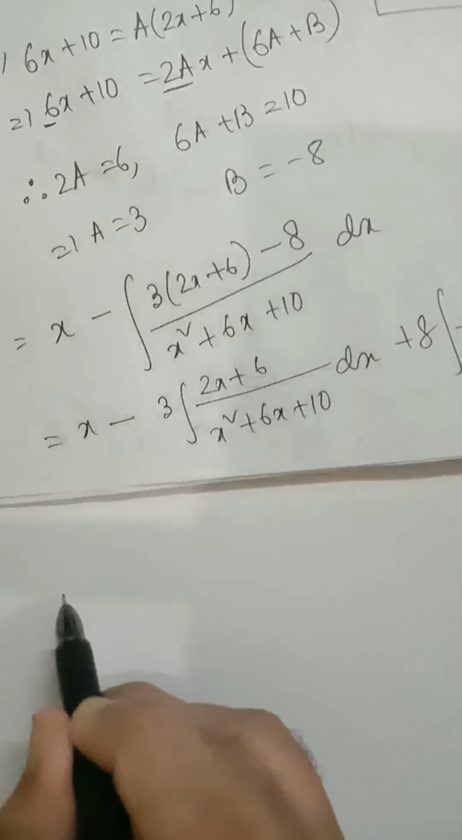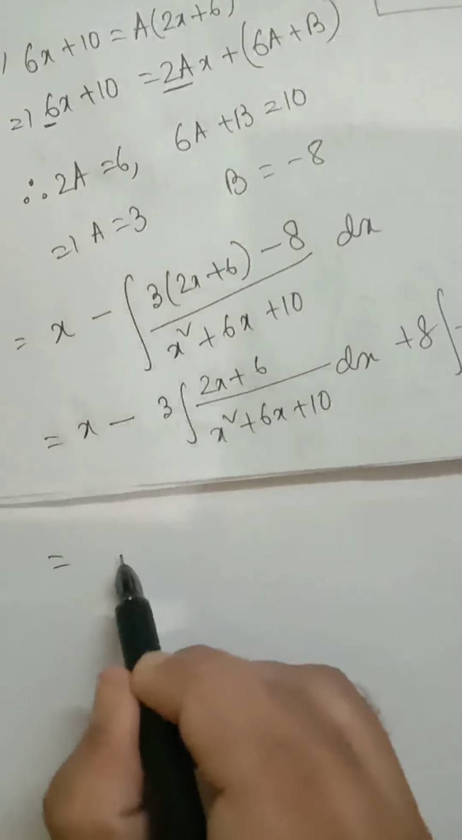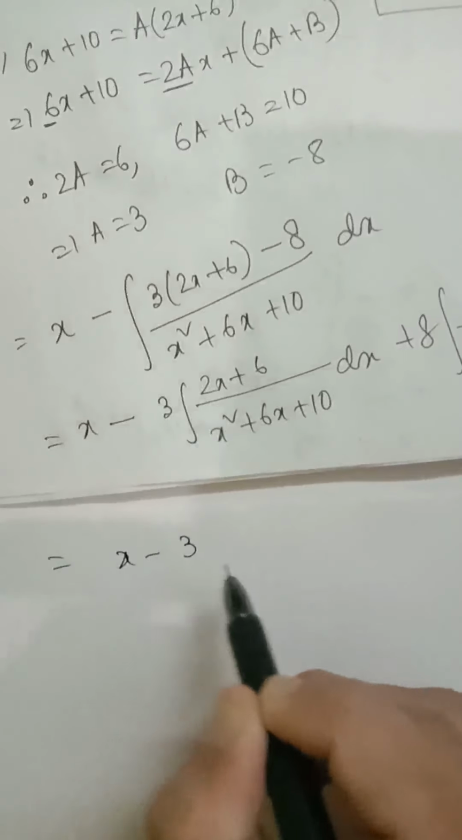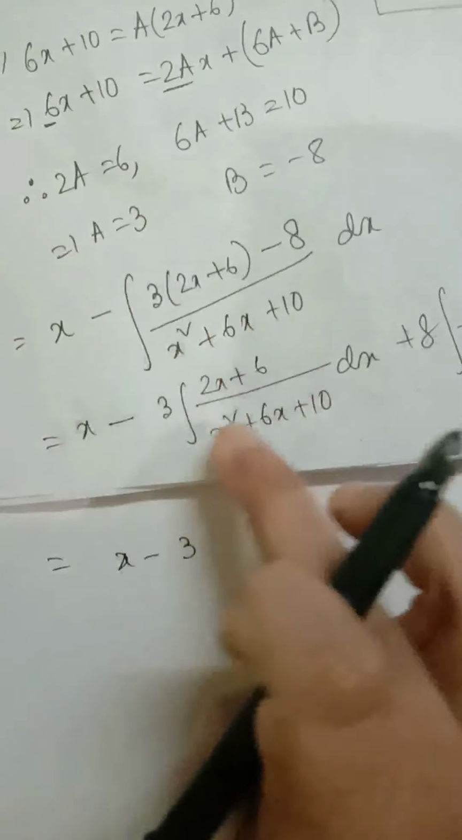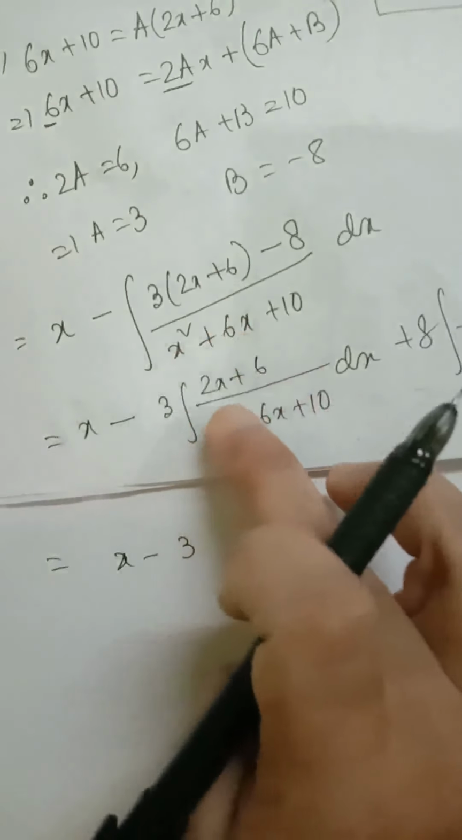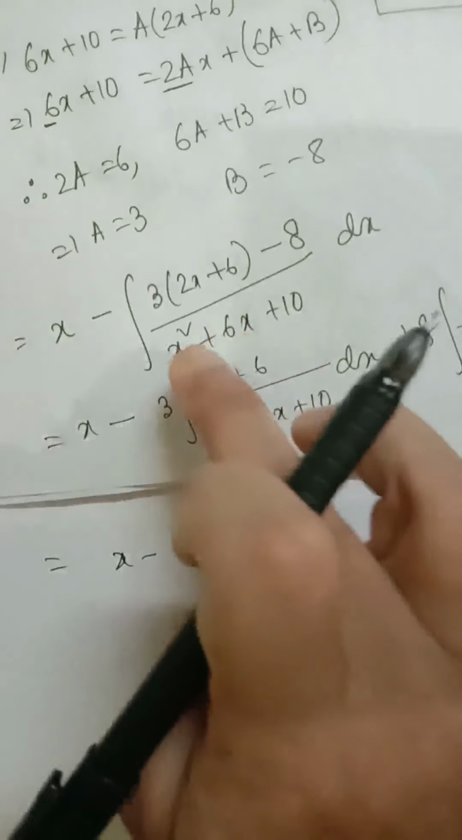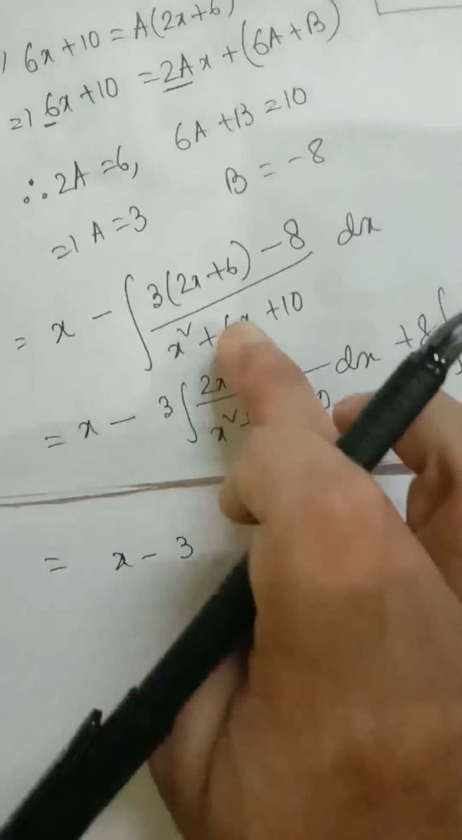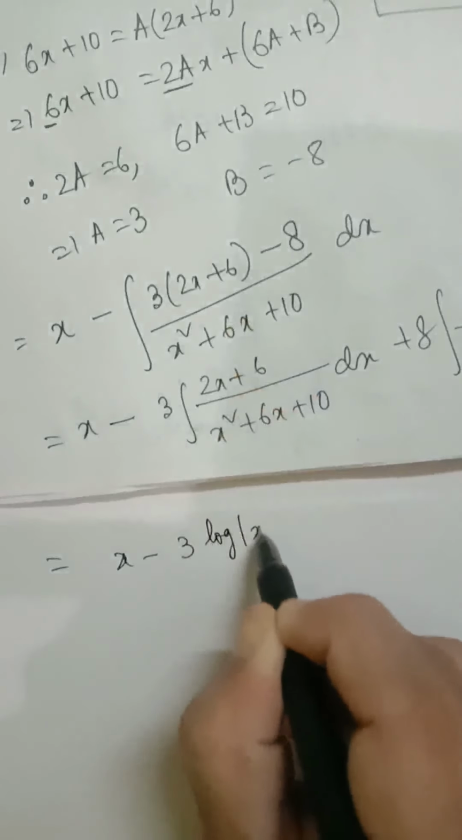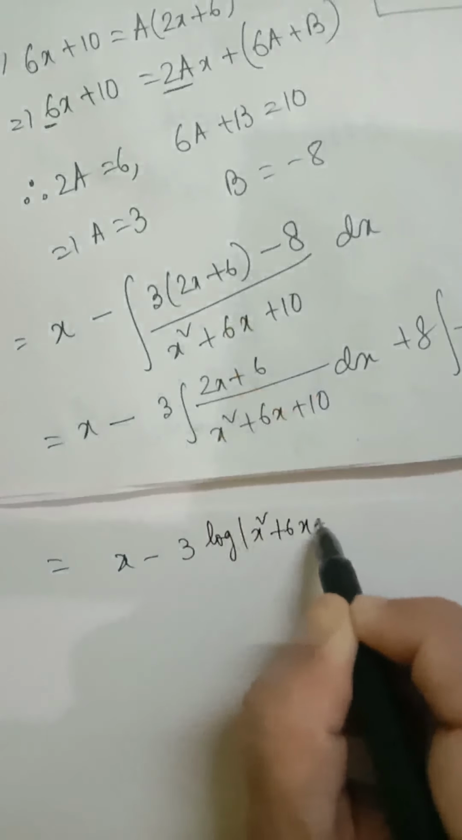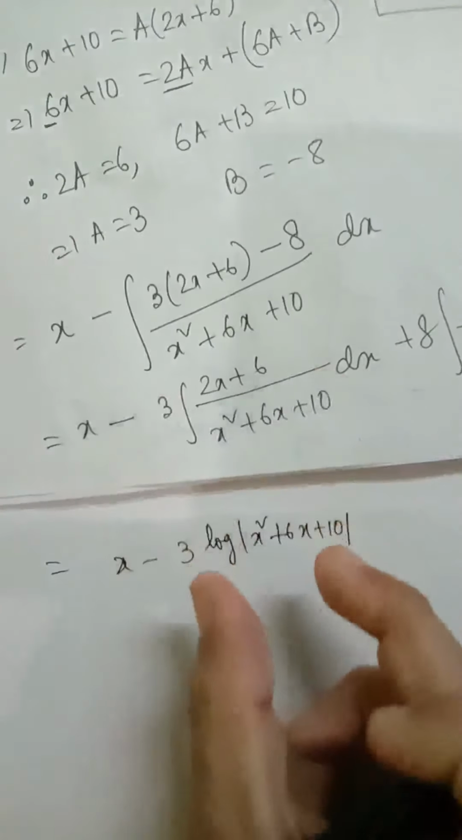Now x minus 3 into the integration of this part. Integration of this part, you can see this is of the form f dash x by f x. For x square plus 6x plus 10, its derivative is 2x plus 6. So this is of the form f dash x by f x, and its integration will be log of f x, log of x square plus 6x plus 10. This is the integration of this part, plus